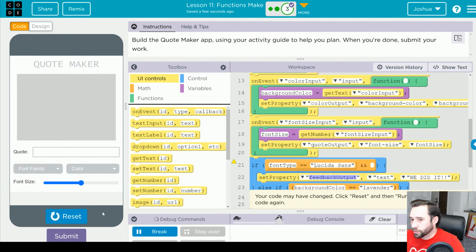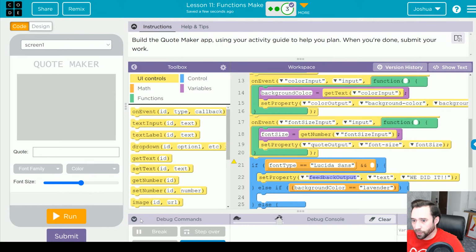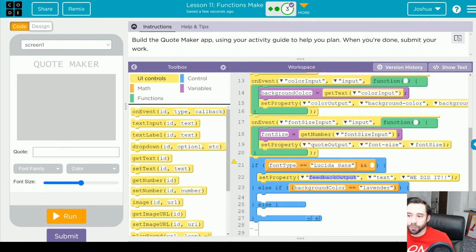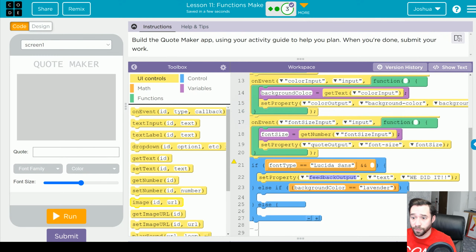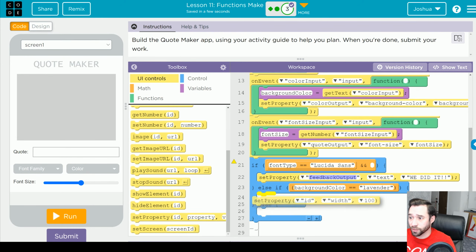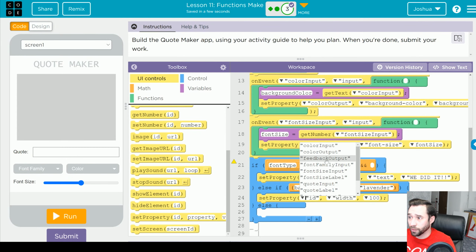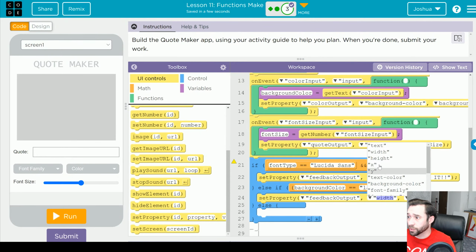So let's try to figure out why this isn't working. So what I'm doing is I'm seeing if this part, the background color equals lavender, works. So if that works, then it should set the property of the feedback output. It's going to change the text